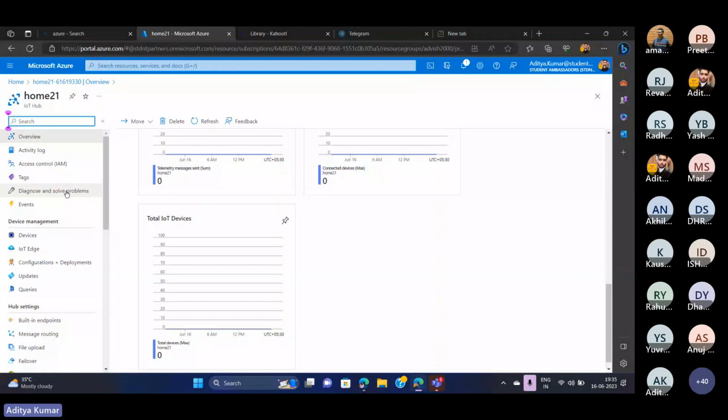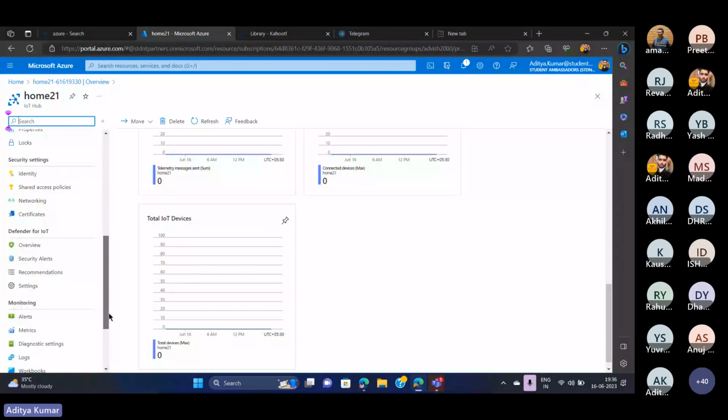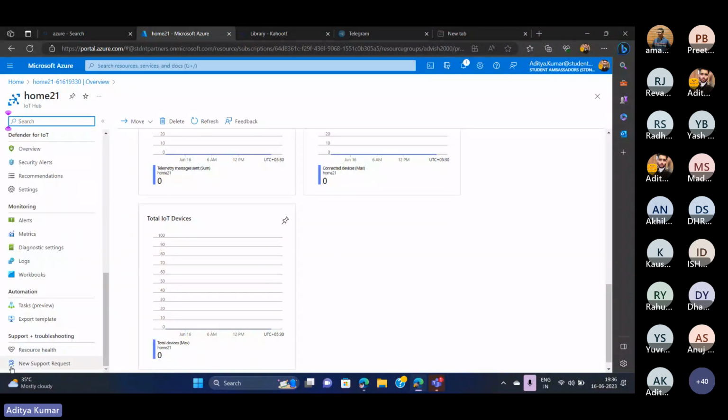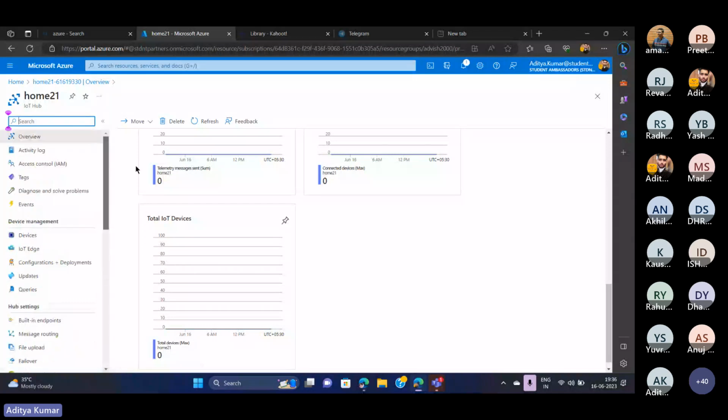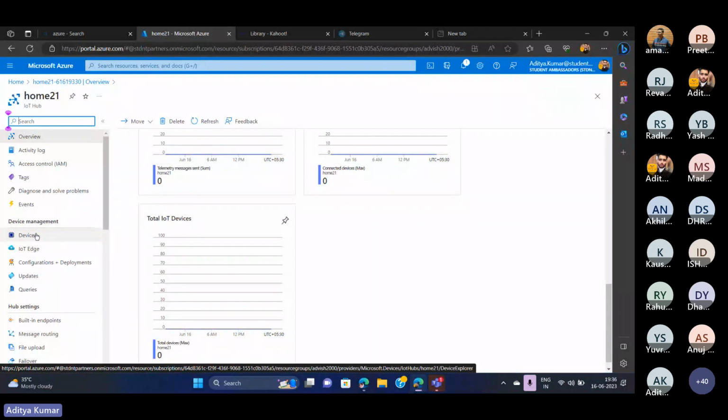Okay, so you can get support from here also. You can go to any of the devices. Let's take an example of a Wi-Fi module, which is ESP. I'm not able to recall the full name. It is the ESP Wi-Fi module. So if you want to connect that module, yeah, Aman, this is the ESP8266. So let's take an example of ESP8266, which is a Wi-Fi module. And if you want to connect that Wi-Fi module to your Azure IoT Hub, what you need to do